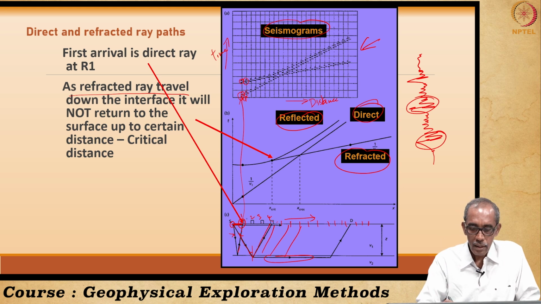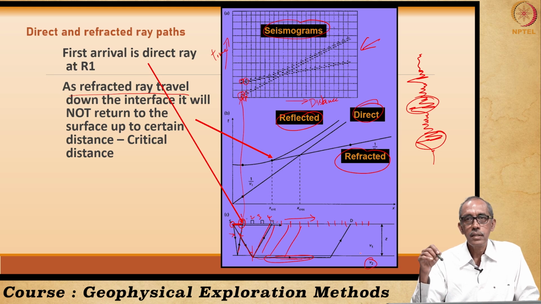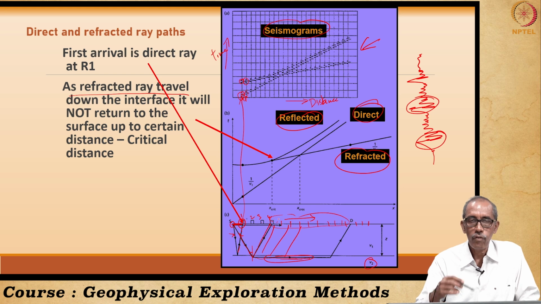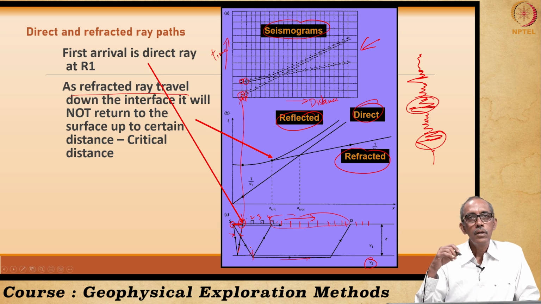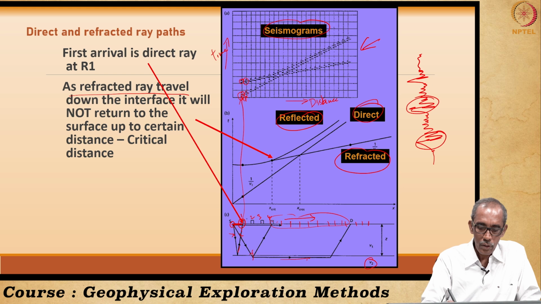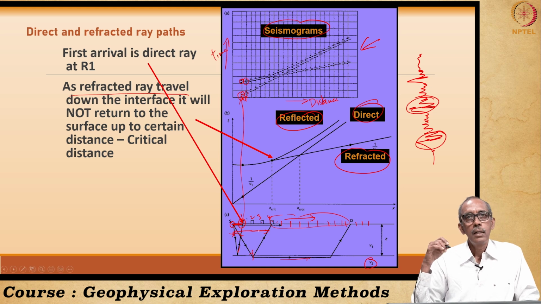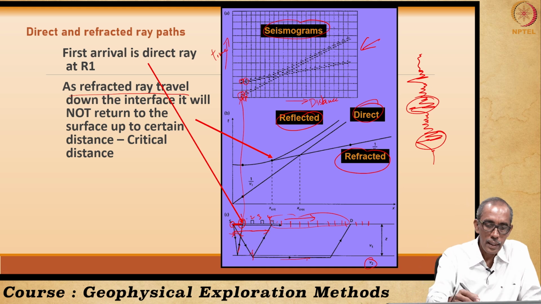Only then it gets internally refracted, total internal refraction, and the waves travel at the velocity of the second layer, which can be heard by the geophones. So, in order to have this signal reaching the surface, it has to meet at the critical angle, right. To get the critical angle, you need to have some distance from the shot point to the receivers.